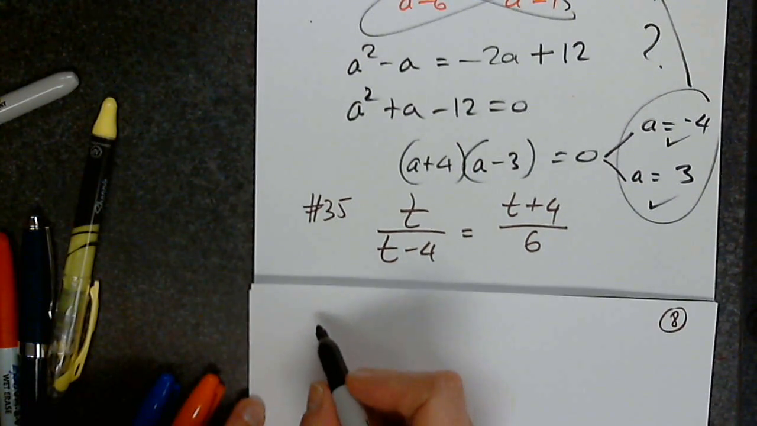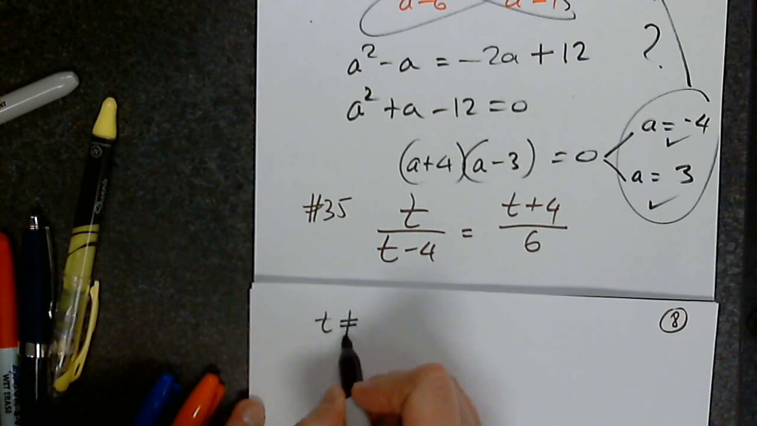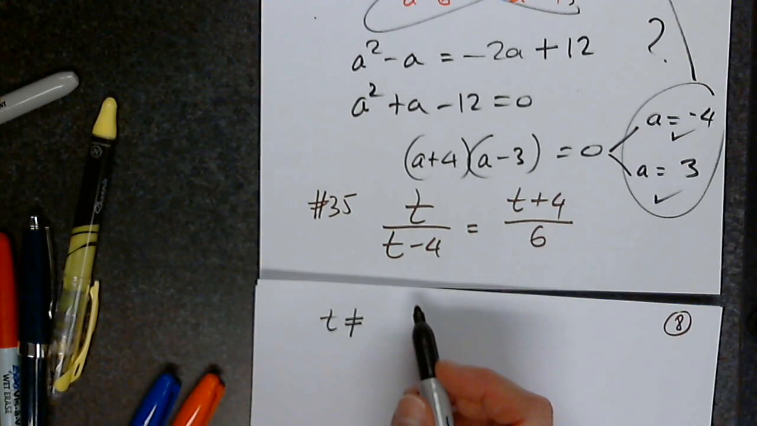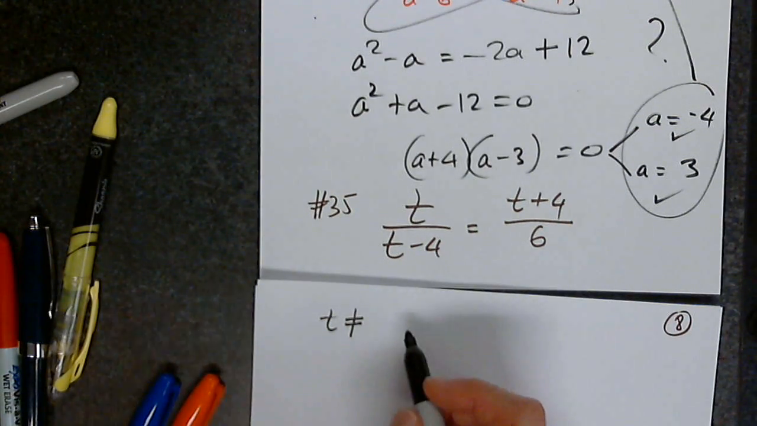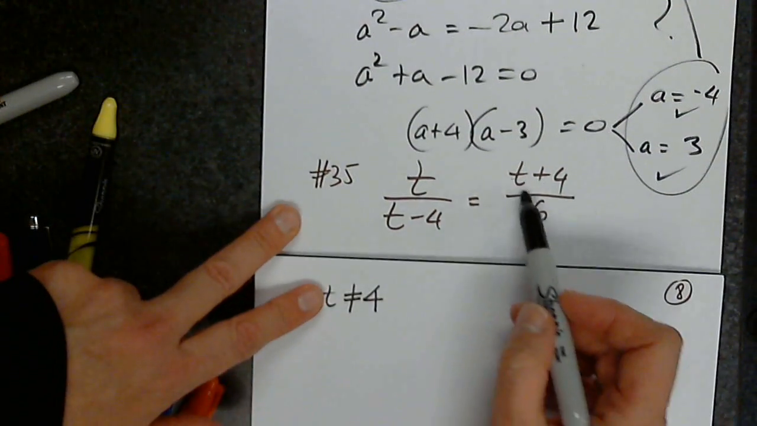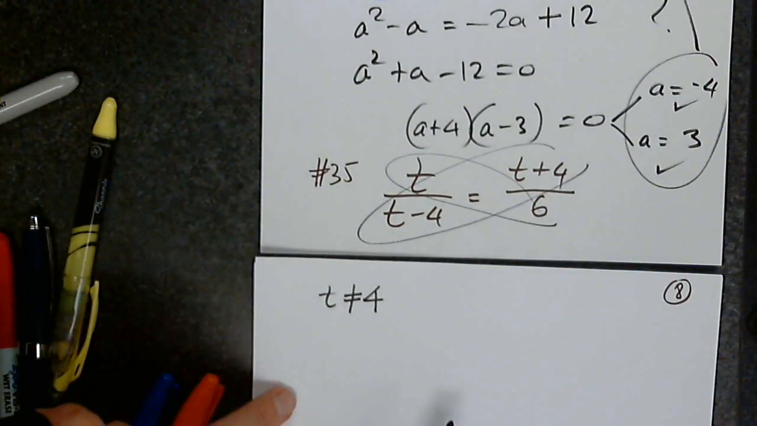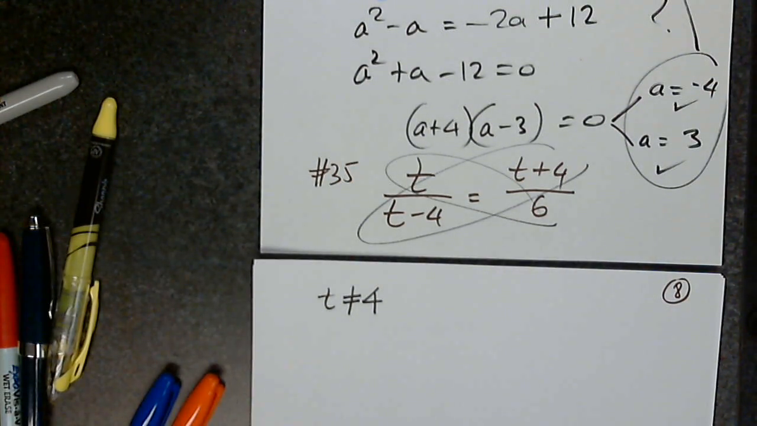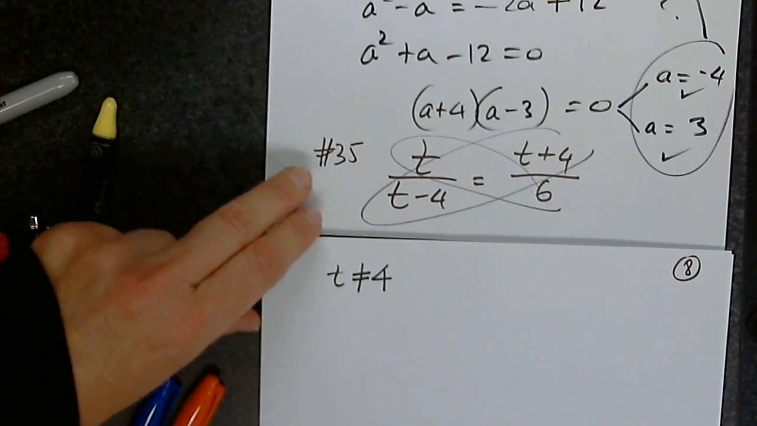Careful. First step. Oh, you state restrictions. Yes, because I can no longer state restrictions after that. It's too late. So t does not equal 4. Good. Now I cross multiply. It's only the denominator as well. Yes, only the denominator, of course. The numerator can be anything. A fraction is undefined only if the denominator is 0. The numerator can be anything. Good. So then we get,